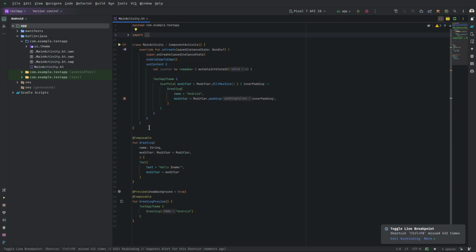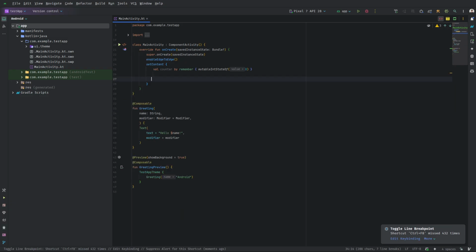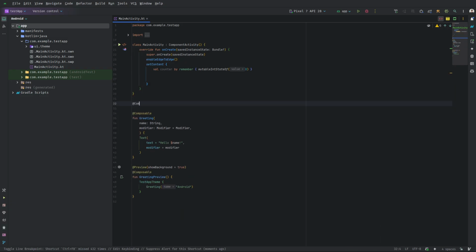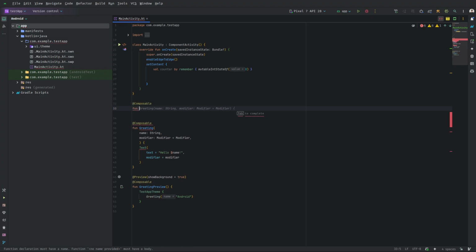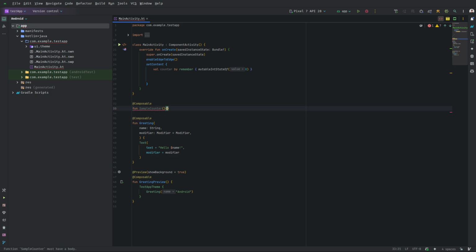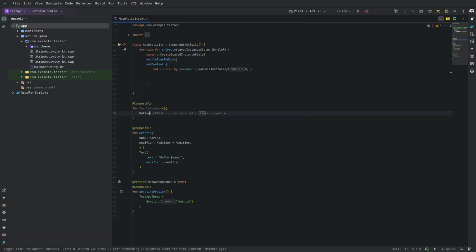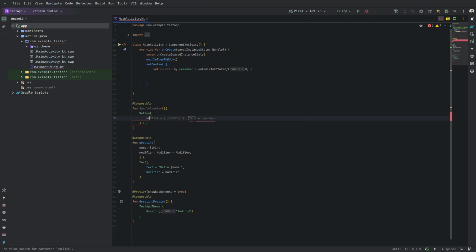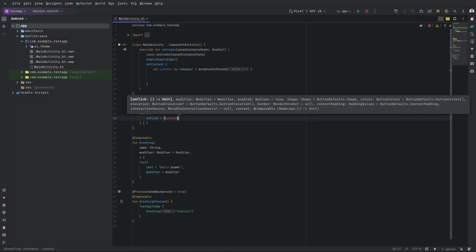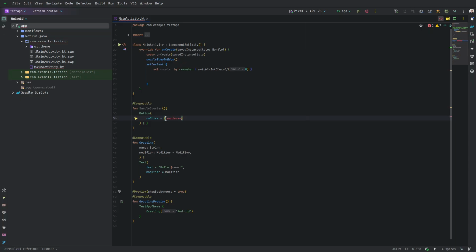Then we need to create some kind of button. So let's create a function above this one. We create a function called, for example, sampleCounter, and here we are creating a button. We will be using an onClick method, and then we pass our counter that we will be increasing. Then we need to pass counter in here as an int,